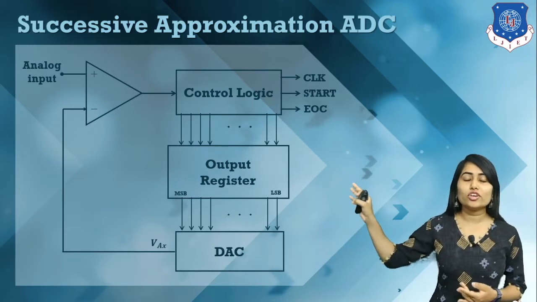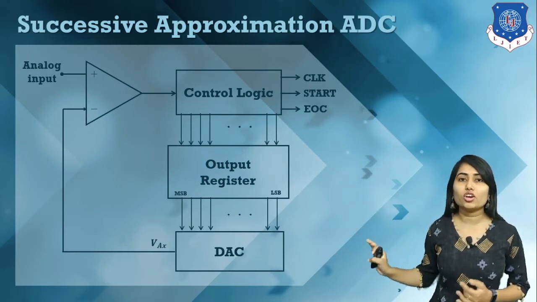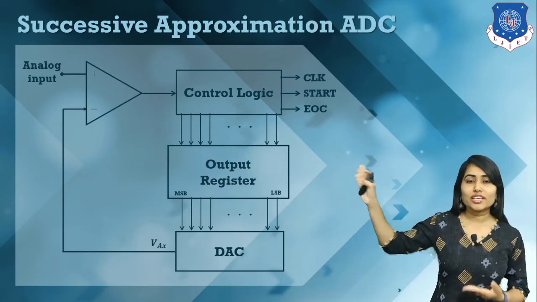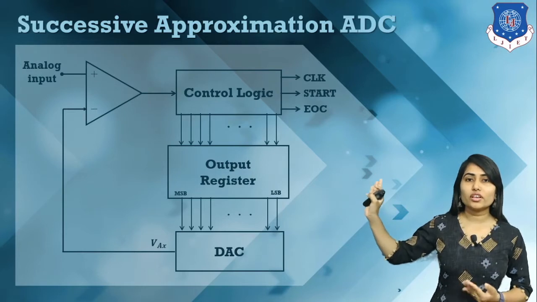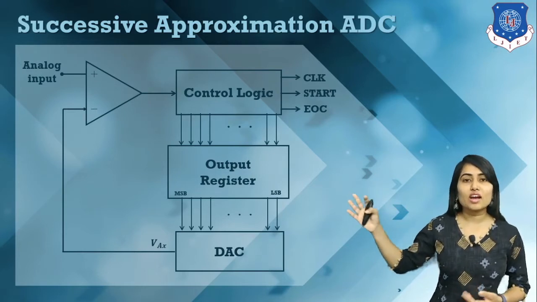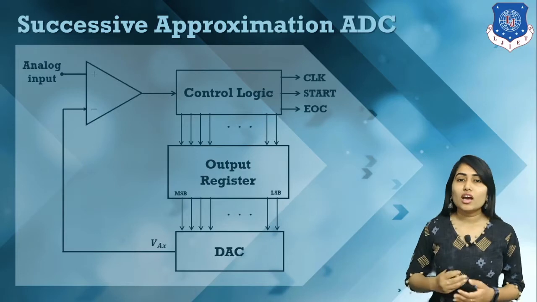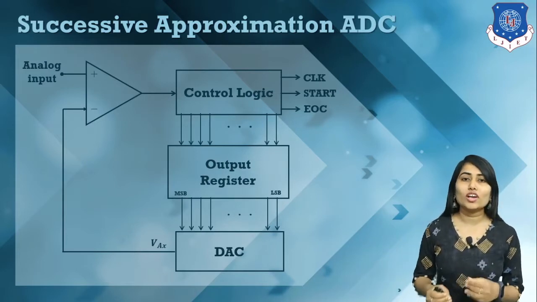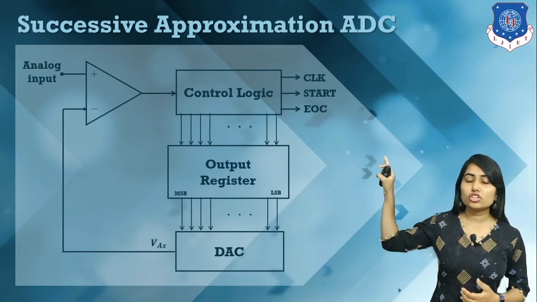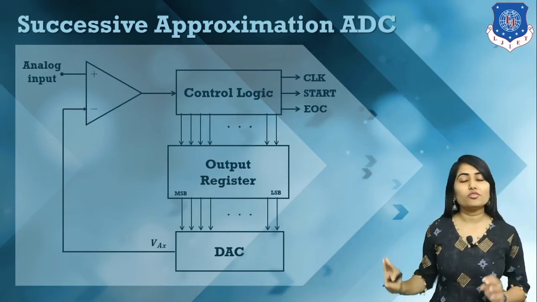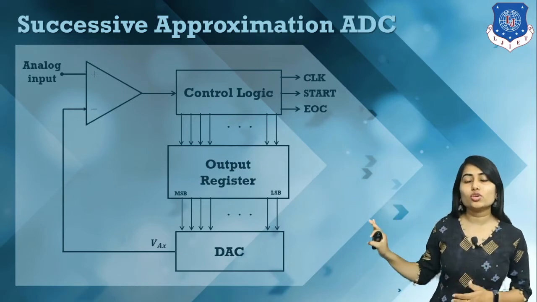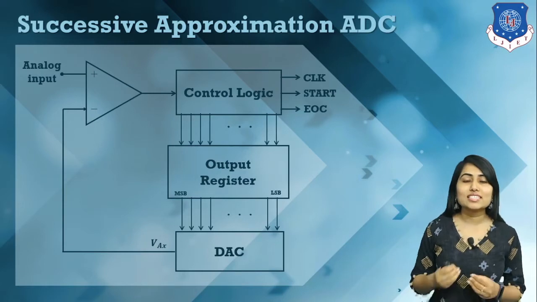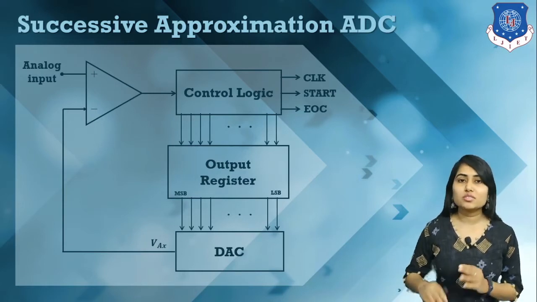In this negative terminal we use the digital to analog converter's output. Here the input voltage minus the digital to analog converter output is subtracted, and after that we have an idea whether our input voltage is greater, less or equal. Whenever the input voltage is greater, the bit generated in the control logic will be retained and stored into our output register. And if the input voltage is less, then this bit is reset.